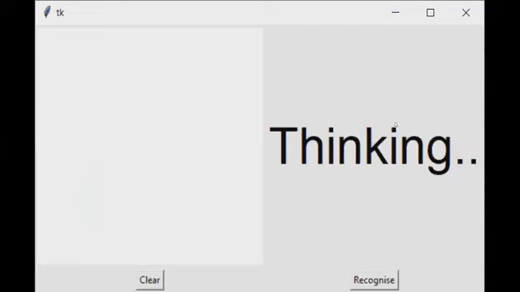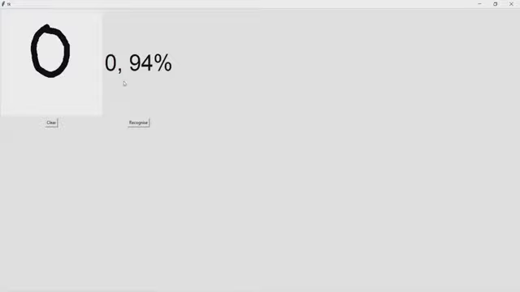I think it's visible. Here we can write 0 as input and click the recognize button. It shows 0 as output, with 94% accuracy.